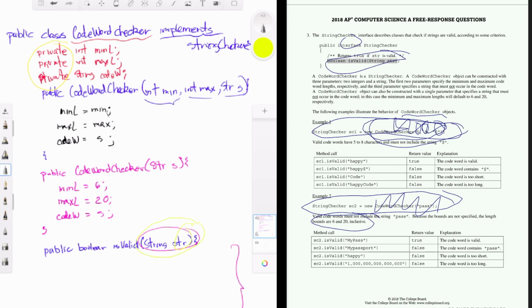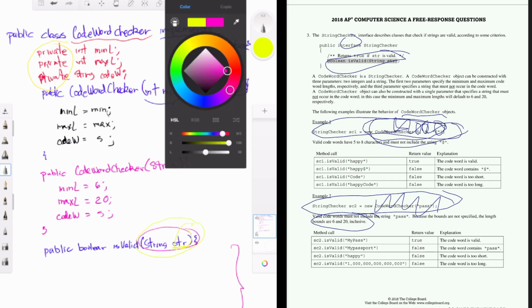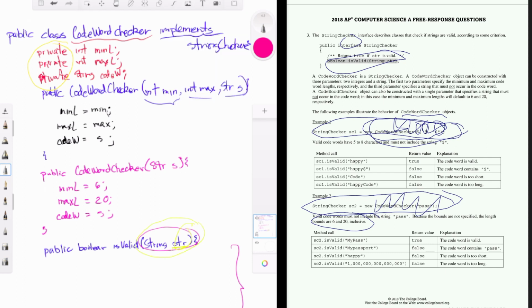And then finally, that string cannot have the code word in it at all. And that should be pretty easy. And so that's just a very simple string of booleans. Oops, messed that up. So we're gonna do return